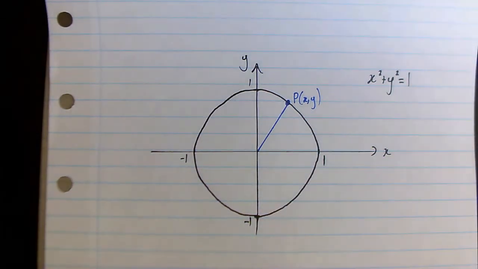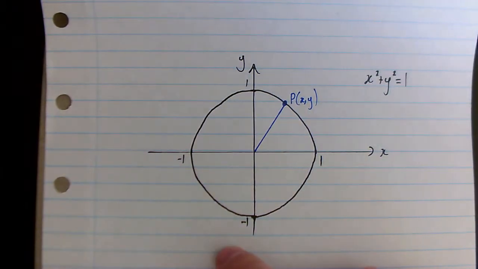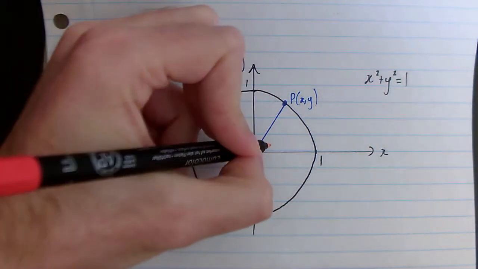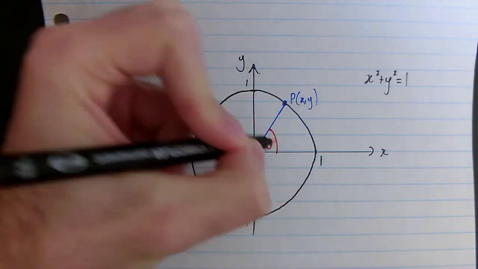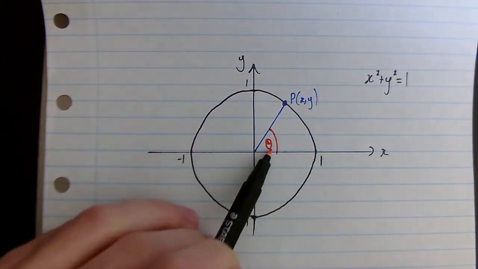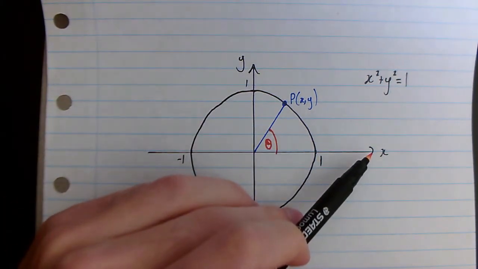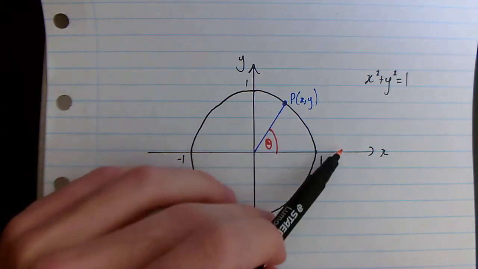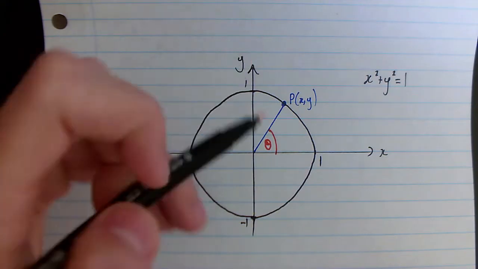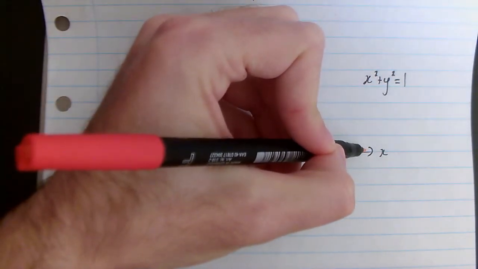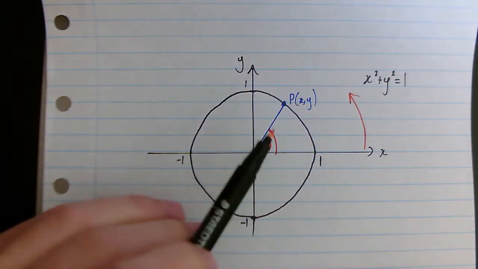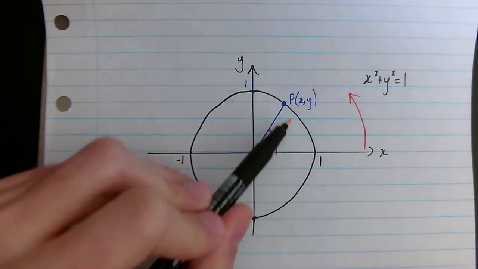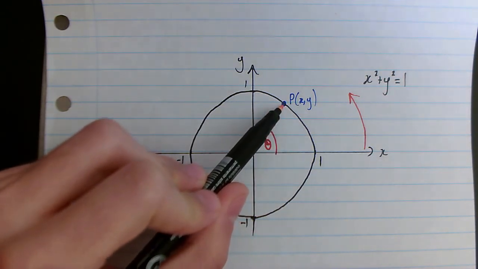And what we're going to do is represent this point in terms of an angle. And we're going to say that it has an angle theta, where theta is basically this angle here. It's the angle it makes from the positive direction of the x-axis, and we read it counterclockwise. So the way we read the angle is we start here and we read it that way. So what we've got here is the angle theta to represent the angle in which this point is directed out